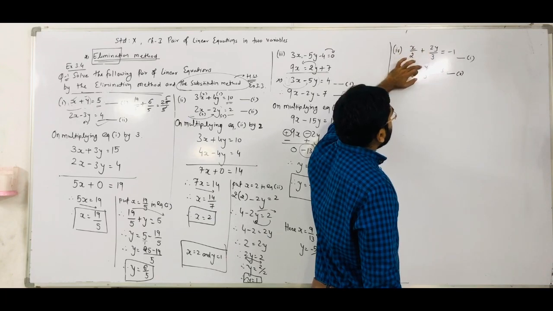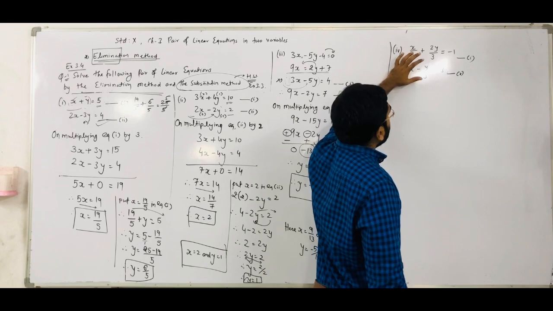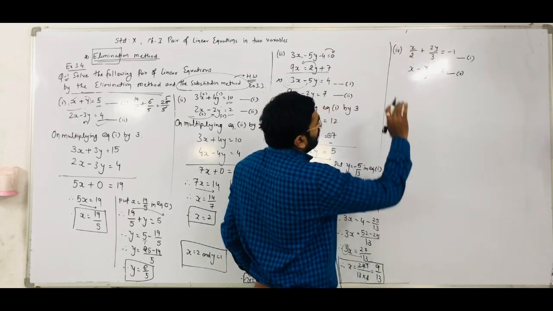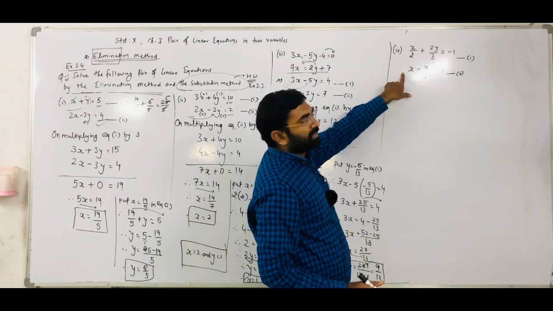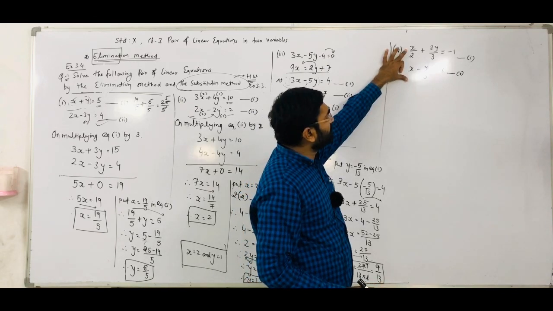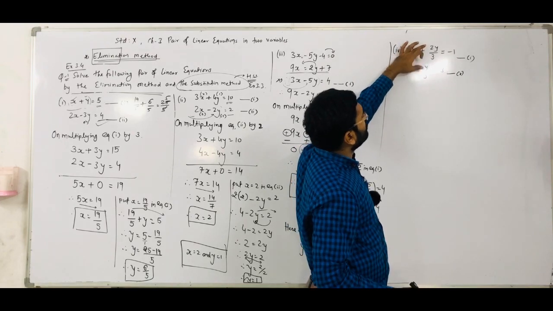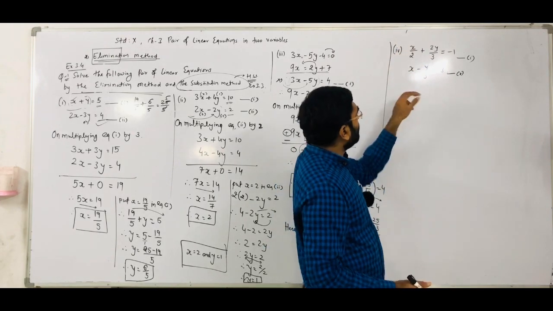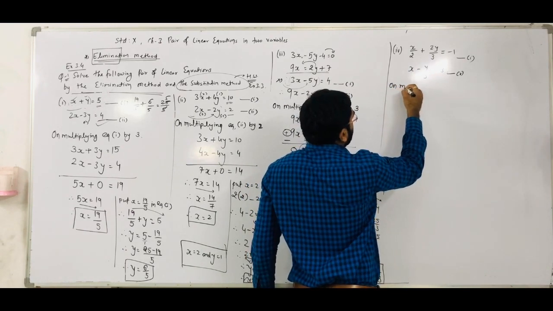So for arranging the 2y by 3, that equation we need to multiply by 2. Right? Both ways you can do, any method you can apply. Either you can multiply equation 1 by 2, then this term is the same, or you can multiply equation number 2 by 2, then this term is equal. So I hope this one is very easy. We need to multiply equation number 2